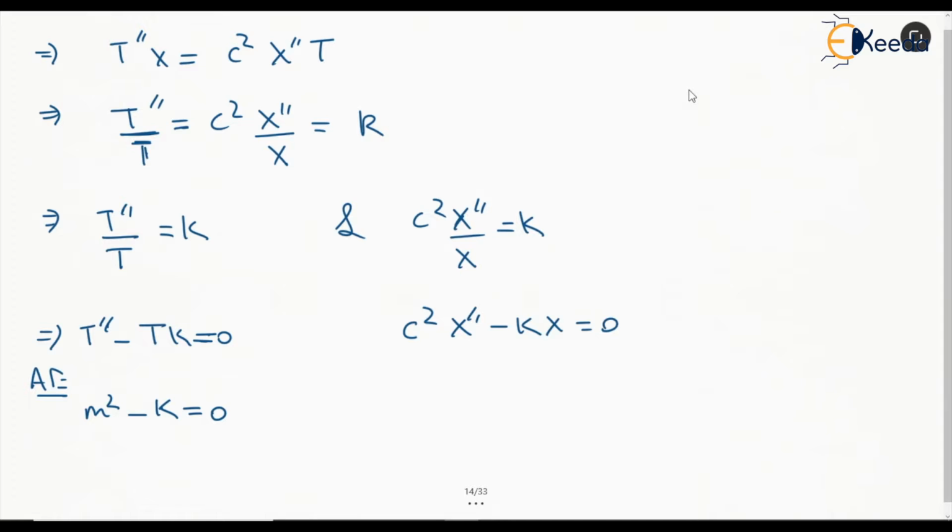So the auxiliary equation we are going to get is, if we take this c square common, m square minus k by c square equal to 0. These are the two equations we are going to get. And what if we consider this k? We'll take one by one. So case 1, if we consider k is positive, or we can take k is equal to some p